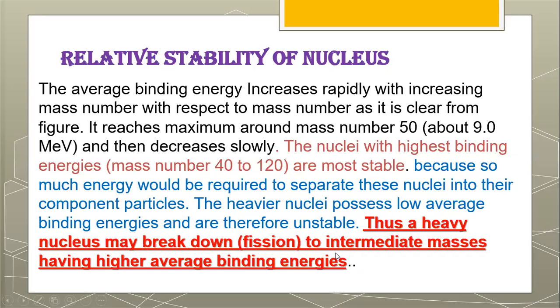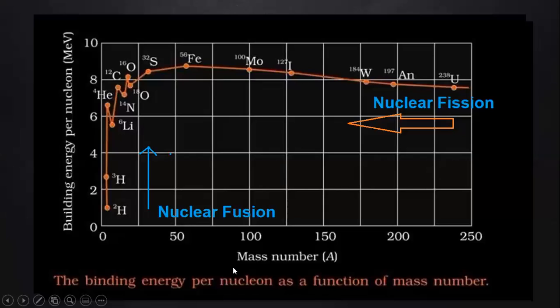Now, students, we will study the relative stability of helium nuclei and the other nuclei. We plot a graph between two terms: one is the mass number and the other is the binding energy per nucleon. Mass number is taken along the x-axis while the binding energy per nucleon is taken along the y-axis. Then you can see that there are different types of nuclei which represent different values of